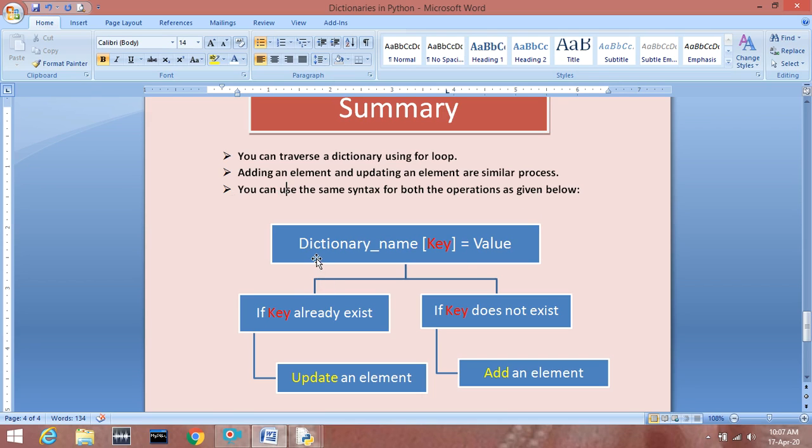Here is the syntax: dictionary name, in the box bracket you have to write key equals to value. Okay, same syntax you are going to use. But if key is already exist in the dictionary, updation operation will be performed, and if key does not exist, then new element will be added.